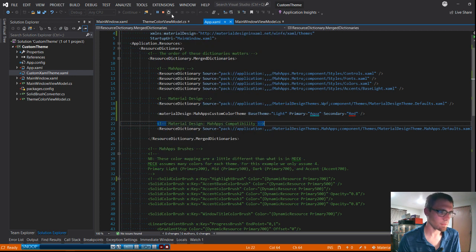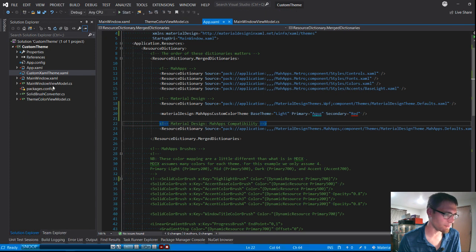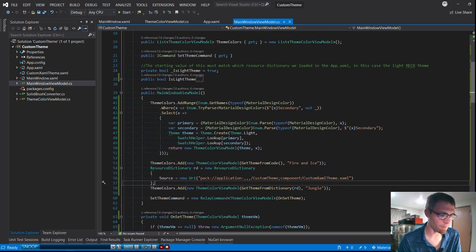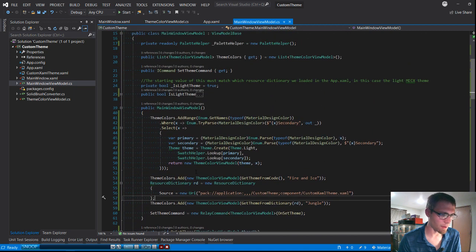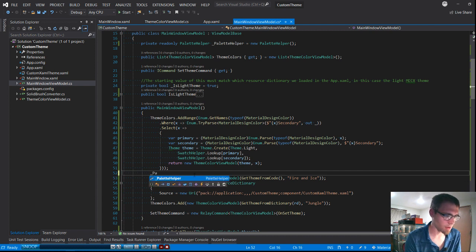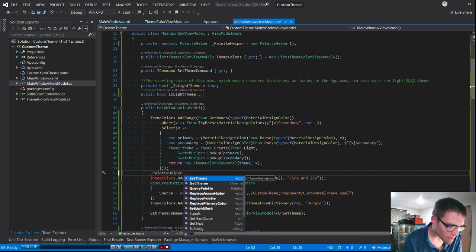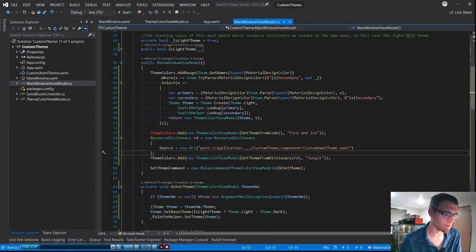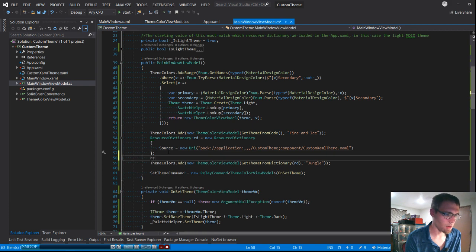Well, let's take a look at that real quick. So inside of these guys, I don't remember if it's exposed on the palette helper or not. Let's look. So is the theme manager here? It's not. So I think it's only on the resource dictionary. Let's see, resource dictionary,